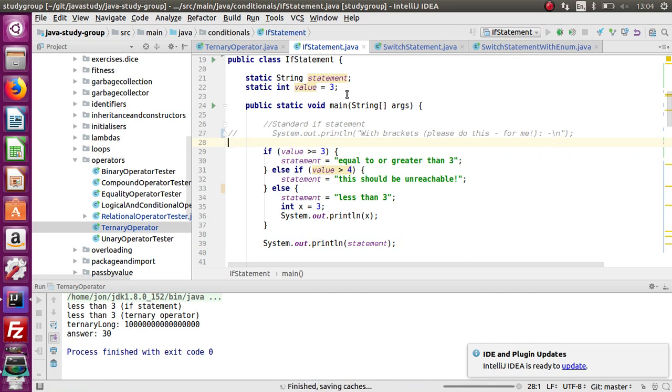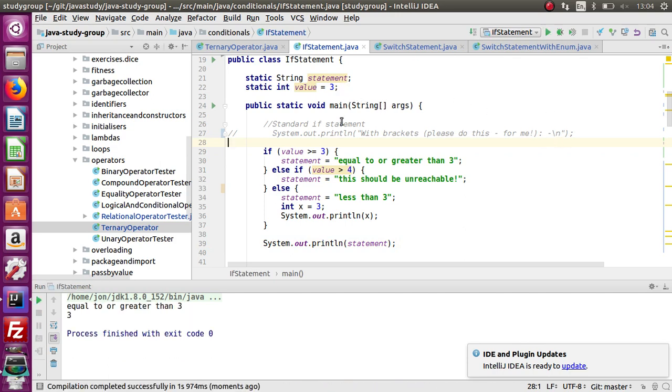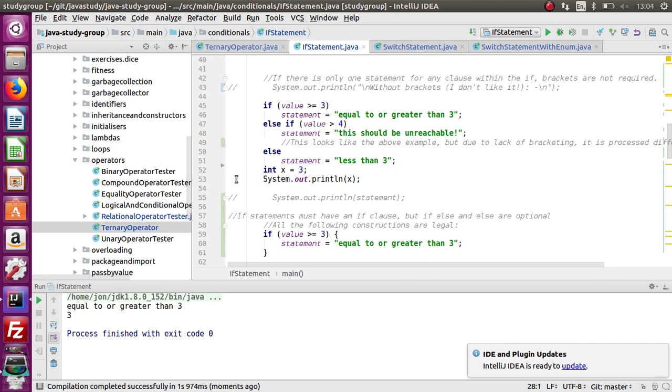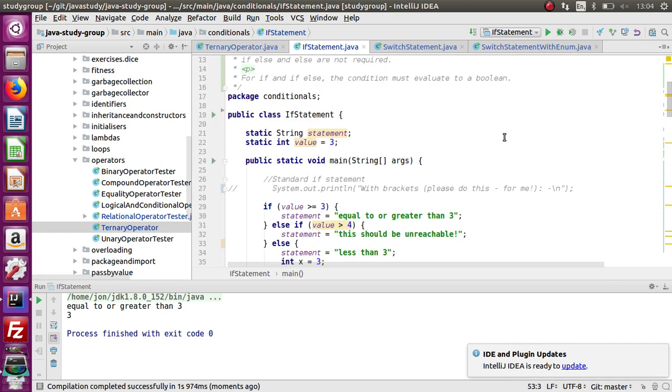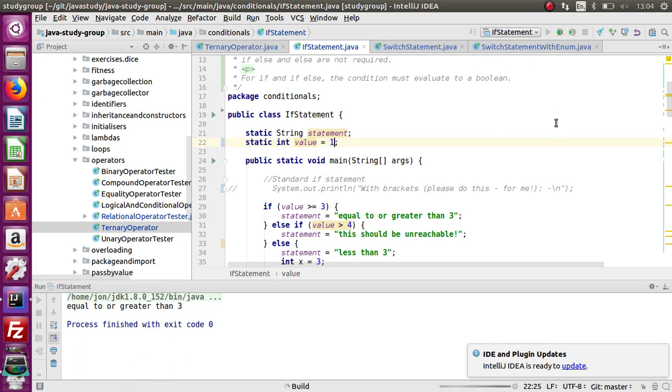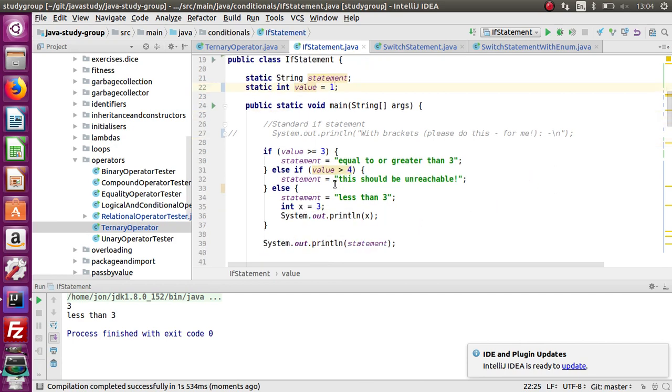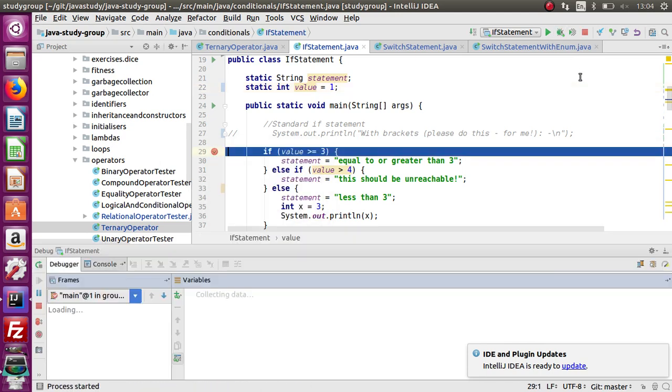So the value of value is actually 3, so it goes in there. I'll just get rid of that because it's confusing the output. It comes into it in a minute. So it's gone to equal or greater than 3. Obviously, if we made it 1, it will go into the less than 3. And because we've gone in here now, if we just put a breakpoint on there and debug it,